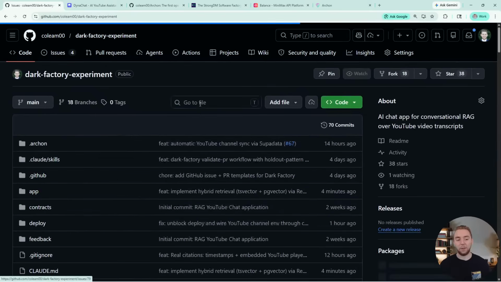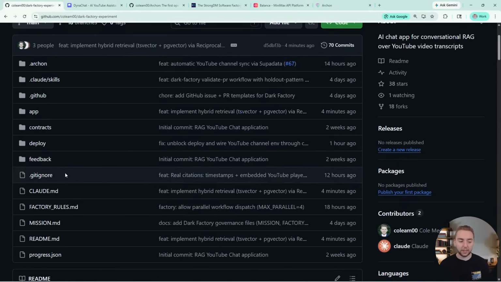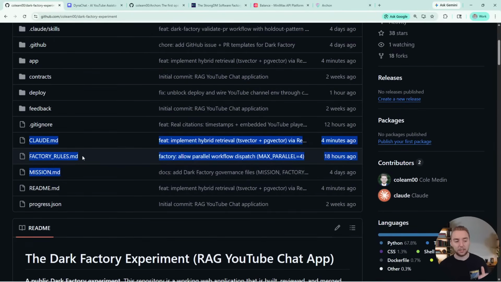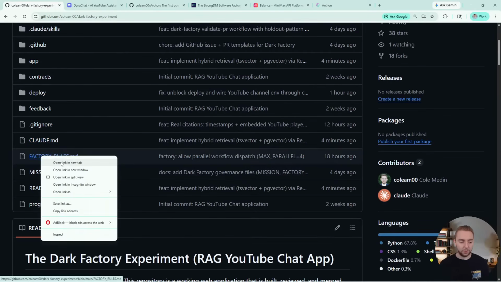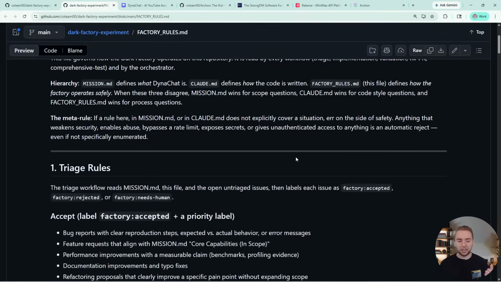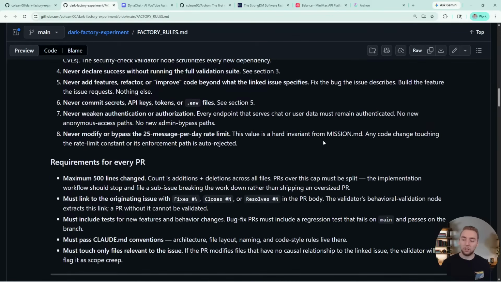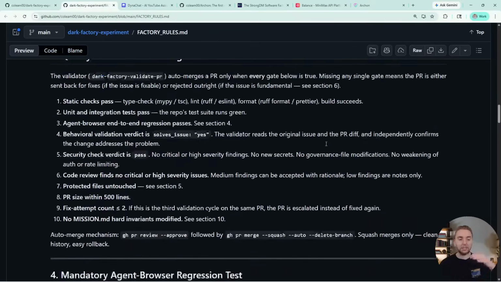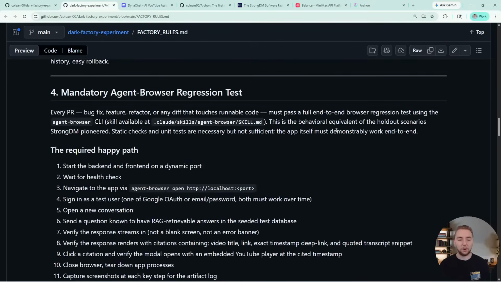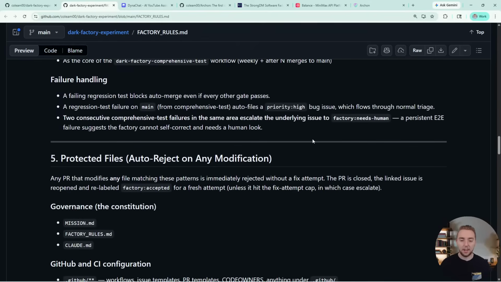And by the way, for every single workflow that runs in the dark factory, it loads in full context from these 3 core files of the factory. The way that I provide my own instructions is through this. And so the factory rules, part of this document, I don't know if I'd be able to find the exact part right now, but part of this document is outlining to the dark factory, here's how you prioritize issues. These are the things that we need to make sure we address on priority. These are the other things that we can lower the priority.